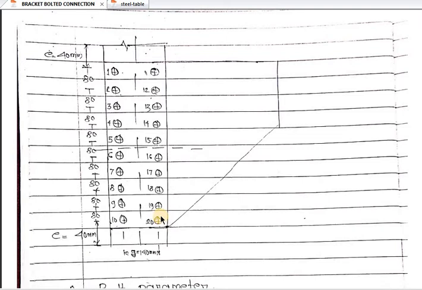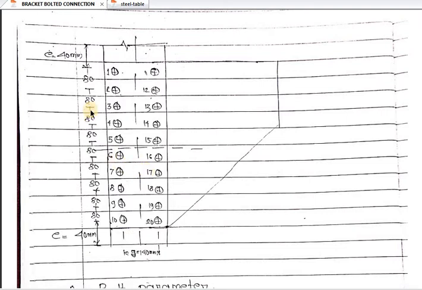Next is the radial distance. The distance is to be calculated from the center of this plate. If we are finding out this plate, what is the total height and total width of the plate? So we have to divide this complete plate into two parts symmetrically. Vertical also symmetrical, horizontal also symmetrical. We have to divide this symmetrically.